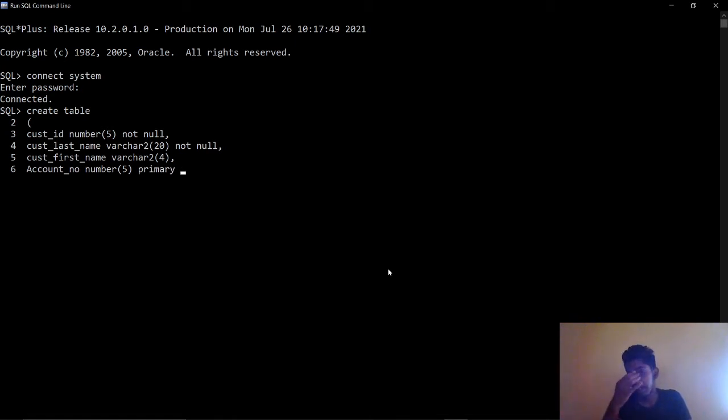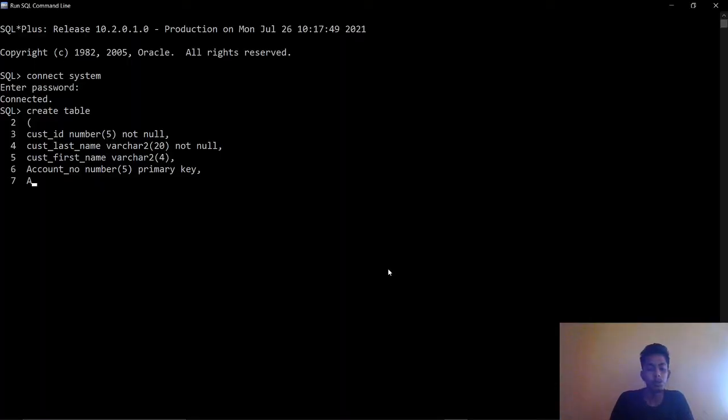It has a certain role in finding something in the details. If you take any database, MySQL, Oracle or Microsoft, there should be a primary key in a table. So account number is a primary key.